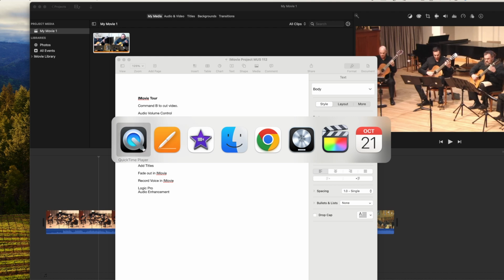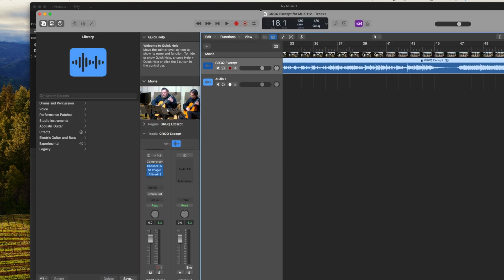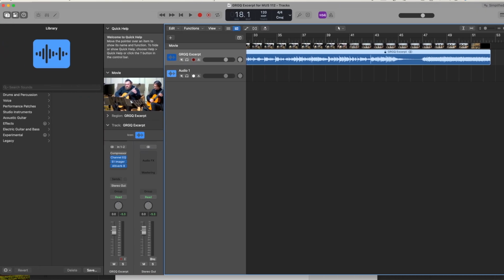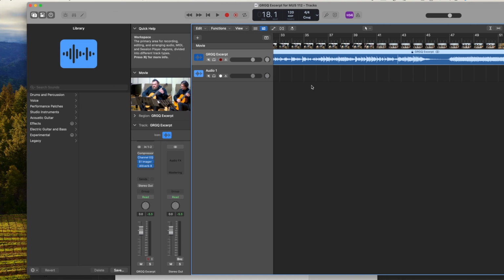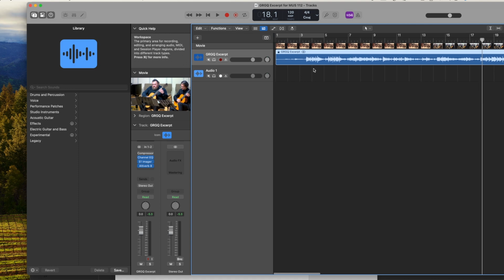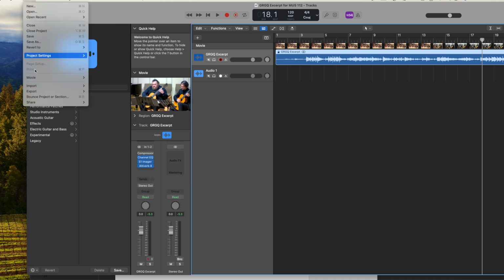I'm going to go to Logic. So this is kind of cool. You can import a movie into Logic. I've already done it here, so I'm not going to go through the whole thing, but I'll show you how to do it. You can just go to File, and then when you click on that,